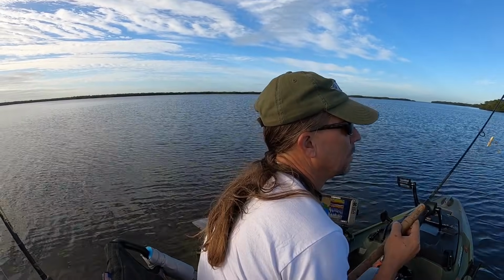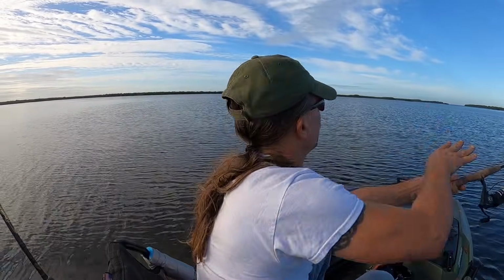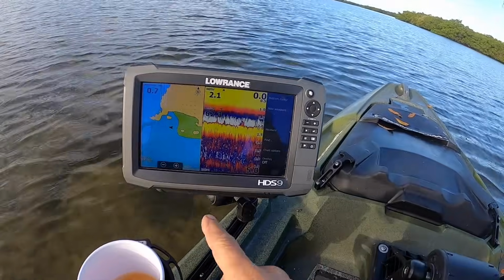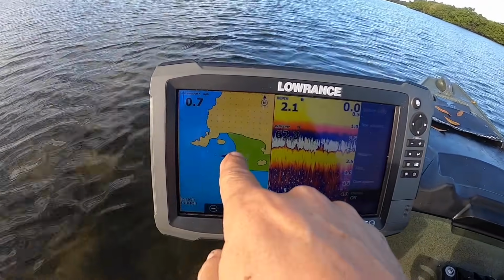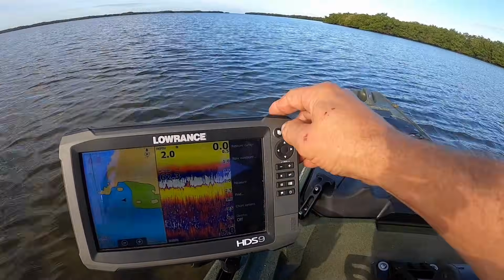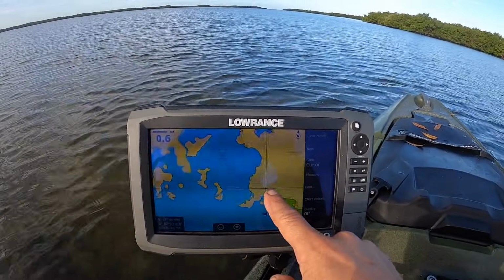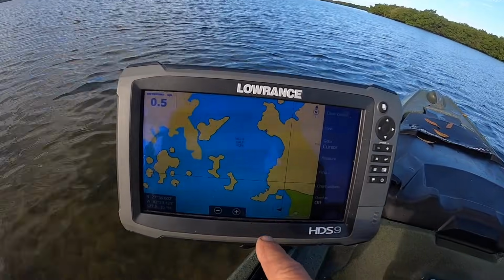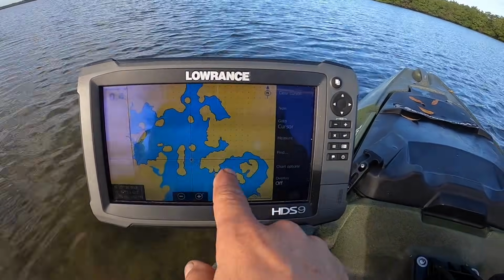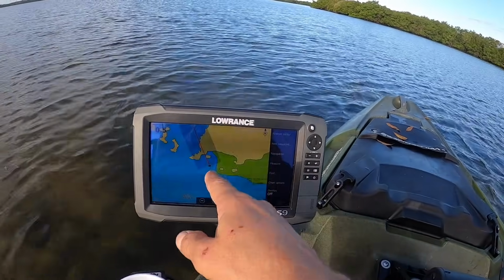Ooh, I see fish ripples. I gotta say, it's a lot of fun. It's like having a video game. You can see my little cursor here, and if I go around this corner, it gets pretty deep. Let's see if I can go and look at just the chart. Yeah, look at this. Look at all those places to explore. If you can imagine being back here in some of these spots, you might get a little disoriented, but having this to guide you is